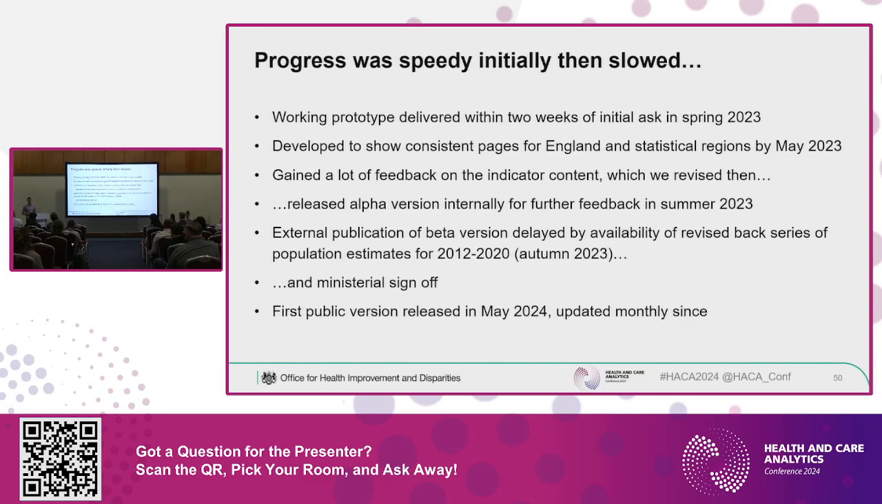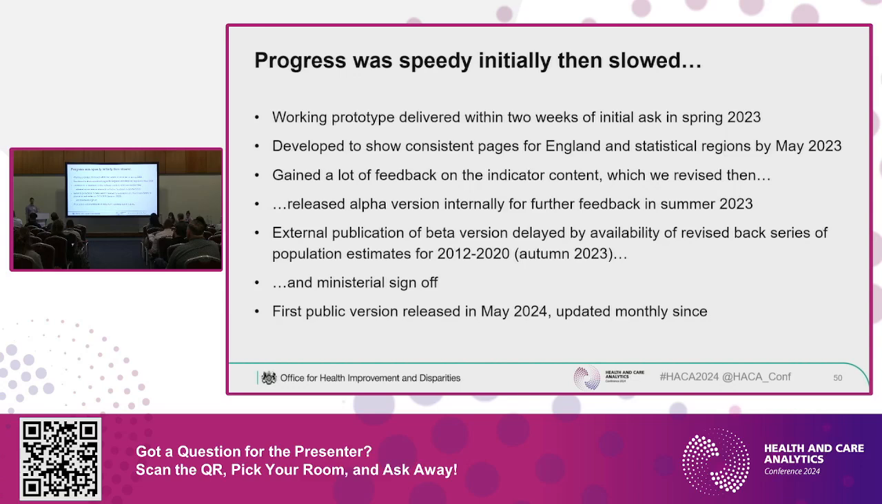The external version probably wasn't viable until we had a lot of the indicator content updated with the revised population back series that ONS published towards the end of 2023. So that had a very rapid turnaround of producing a lot of the indicators for the 2012 to 2020 period, making those available in Fingertips, which we could then pull through into what we'd done. And something which in a government department you always underestimate the amount of time, ministerial sign-off led us to take a little while to get it finally over the line, which happened in May 2024,